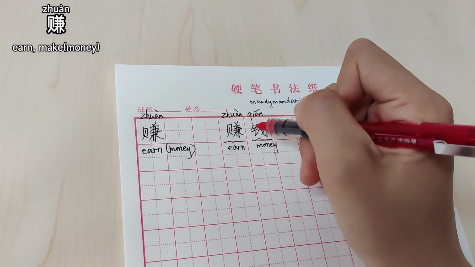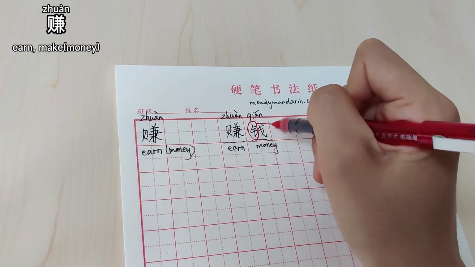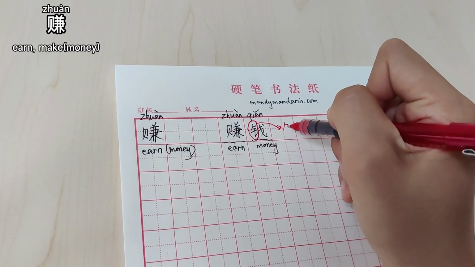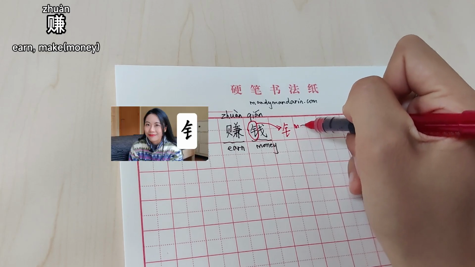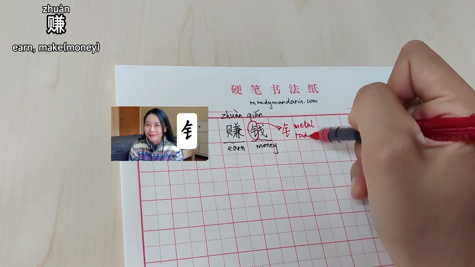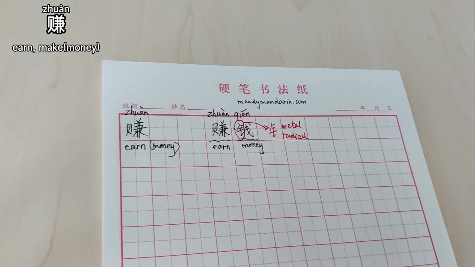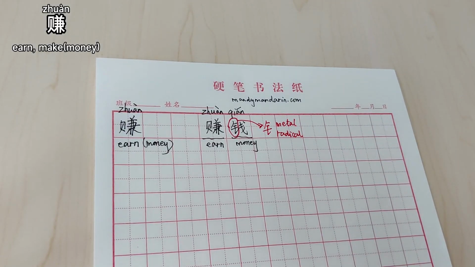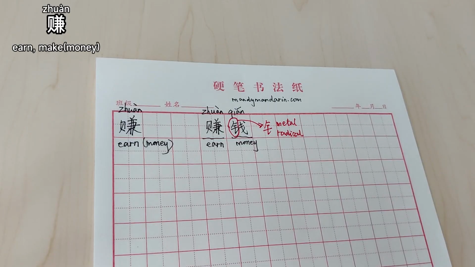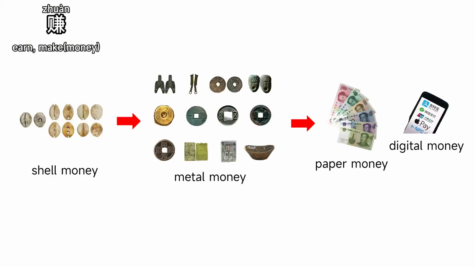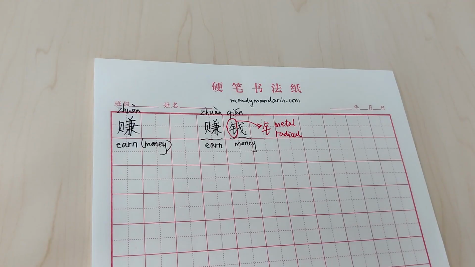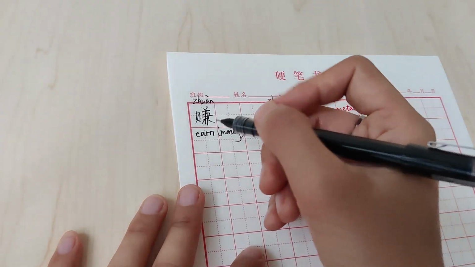So as you might notice on the left side of the 钱, this is the metal radical. And the metal radical is somehow related to money too. Because like I mentioned before at the beginning of these videos, before we could make paper money, people used metal to make money, like gold coins or silver coins. So speaking of earning money, then of course we are going to talk about the opposite of it, that is